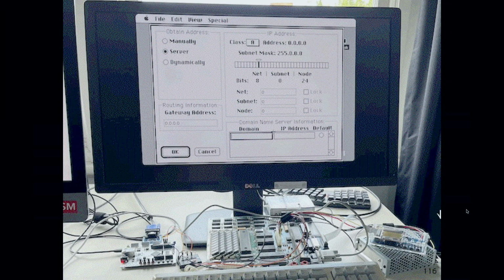Here's a screenshot of the Mac in its Mac IP configuration dialog, just to make old people feel really old. You just have to drag the little thing specifying where the subnet was. And here is my source code for this Mac to more modern thing, which, the repository name is a lie, by the way. It's more Mac to VGA still, but one day I'm going to get HDMI out.